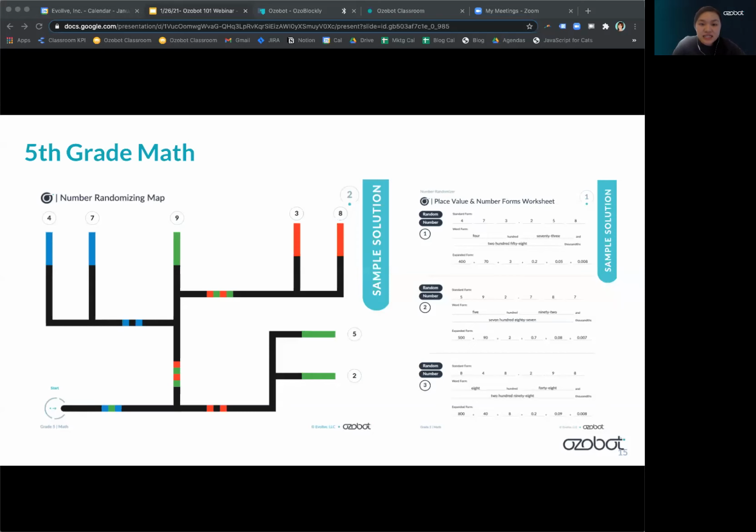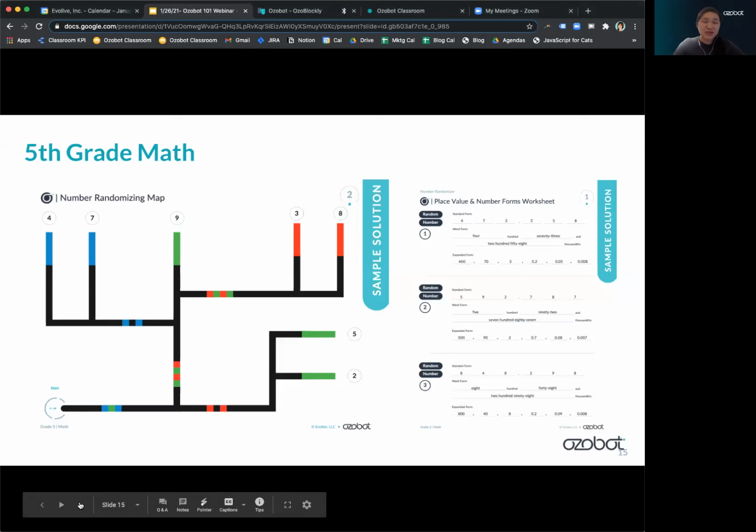And in this lesson, students use those numbers and run the bot multiple times to write a number in standard form, in word form, and in expanded form. So we're really trying to engage students because we know it's really, really hard for them right now. School is, I have to admit, probably not the most fun for students. So we're really trying to get them invested and engaged in their own learning.